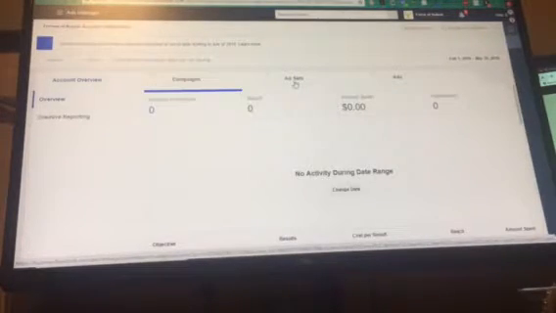So let me explain the Ads Manager really quick. This Ads Manager is basically your dashboard for advertising. You're going to live and breathe Facebook advertising on this page alone. This is going to give you a wealth of information that you need to see exactly what's going on on a day-to-day basis. The way it's set up is you have an account overview. If you click on account overview, you're going to see basic information. You're going to see website purchases,